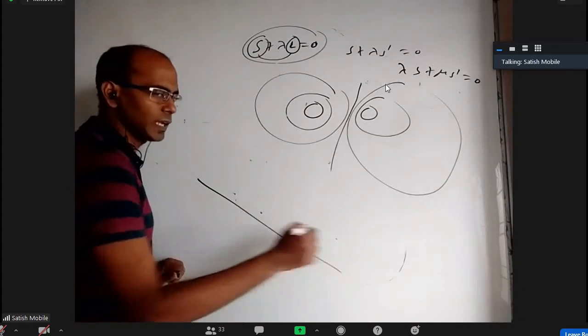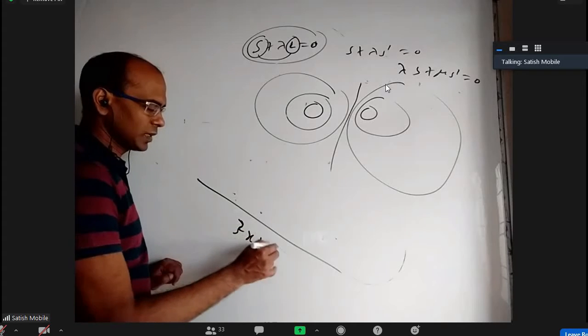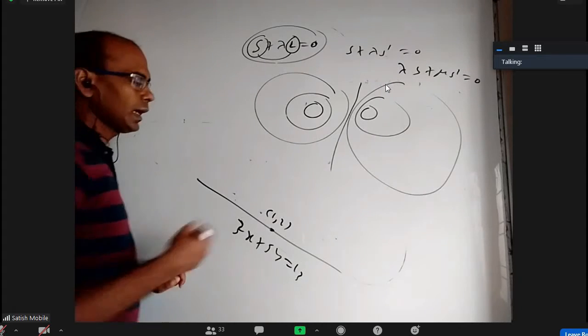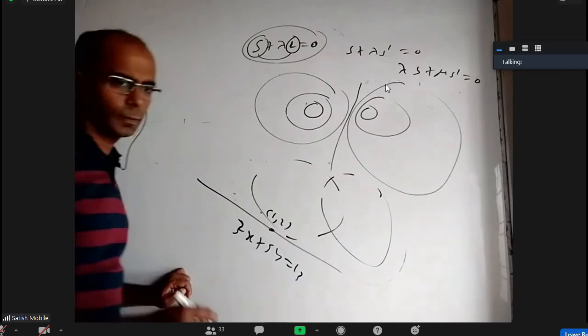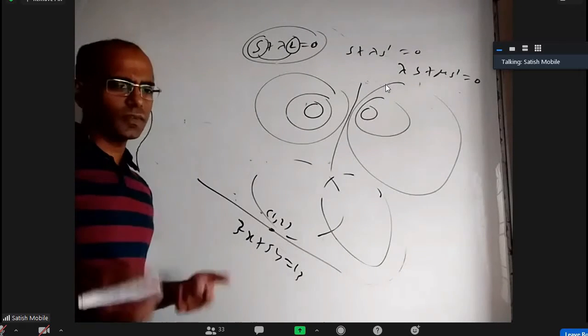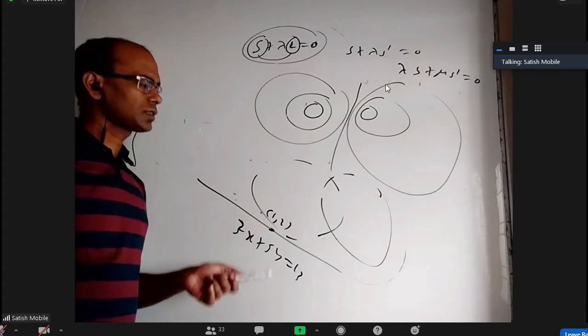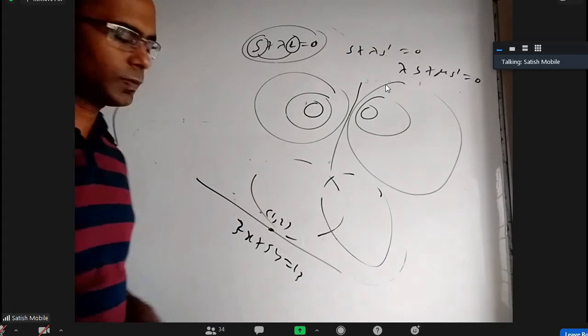For example, if I say I want a circle touching a particular line 3x plus 5y equal to 13 at 1, 2, and it should intersect so-and-so circle orthogonally, somebody can take the general circle with g, f, c, substitute this point, and this should be tangent to this line, or the center should lie on this line, or intersect orthogonally. You'll get three conditions and three unknowns.